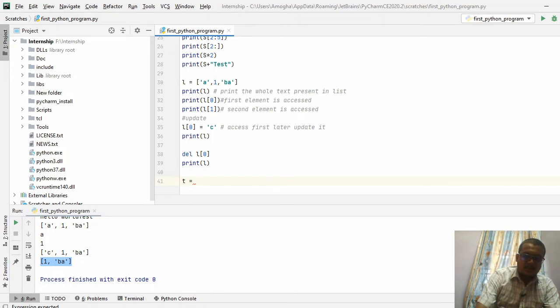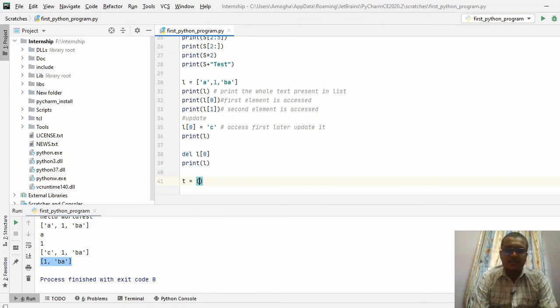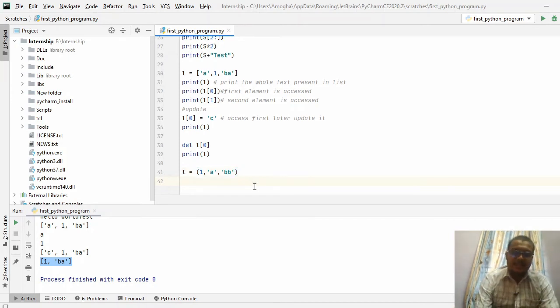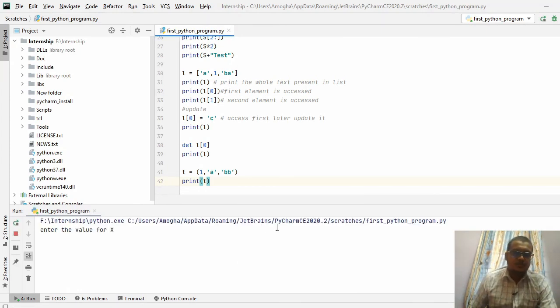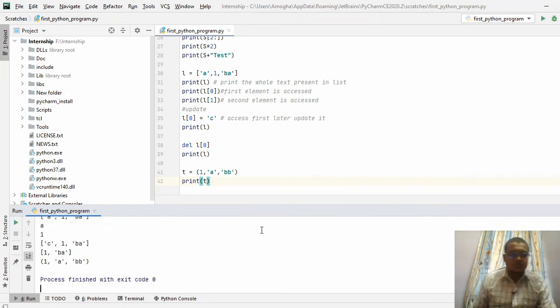As I told you earlier, in order to declare a tuple, you need small brackets. Now I am assigning values. For numbers there is no need to give quotes. If you are using sentences, you need to give quotes. After giving one sentence, you need to separate by giving a comma. So this is for declaring a tuple. Then you can print the whole tuple. That is the tuple declaration we have just seen.